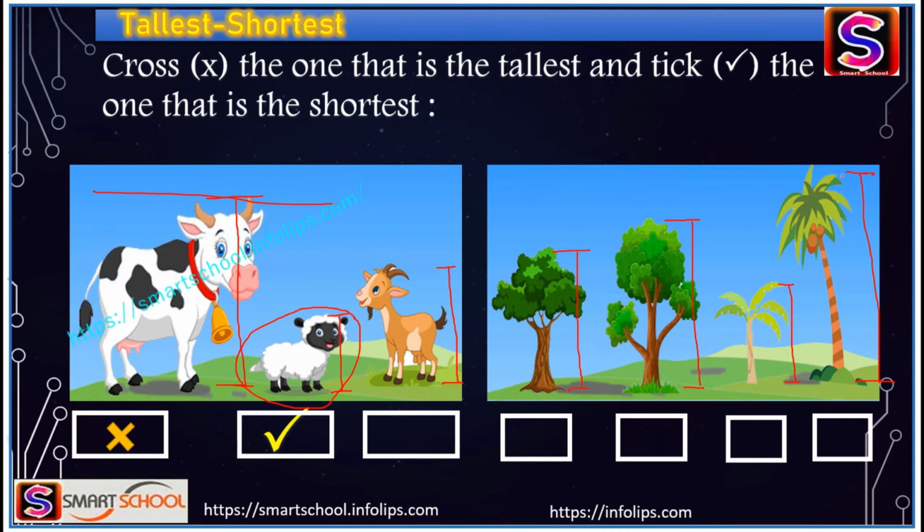So if you compare, then the fourth one is the tallest and the third one is the shortest, because this has very less height among all. That's why the fourth one is tallest and the third one is shortest. Okay,